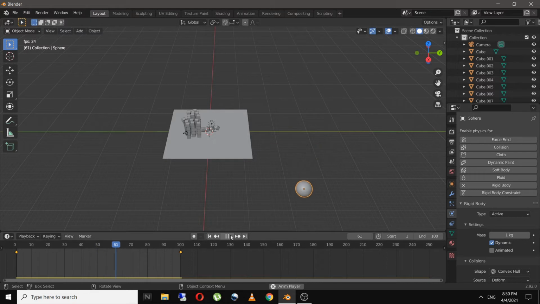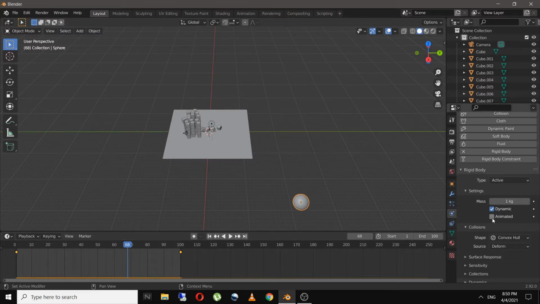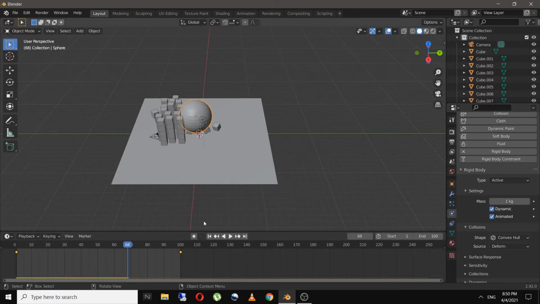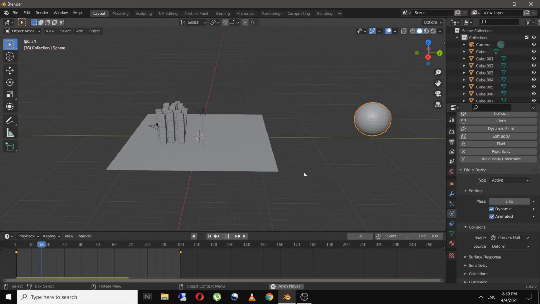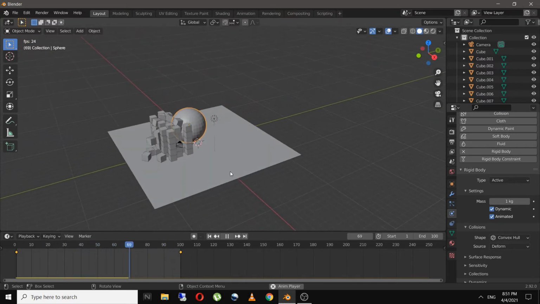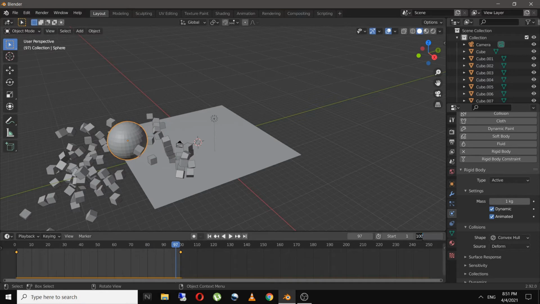So in order to animate that I have to click on over here, animate, and now if we play the animation, as you can see our scene is working perfectly fine. I will set the end frame to 130.